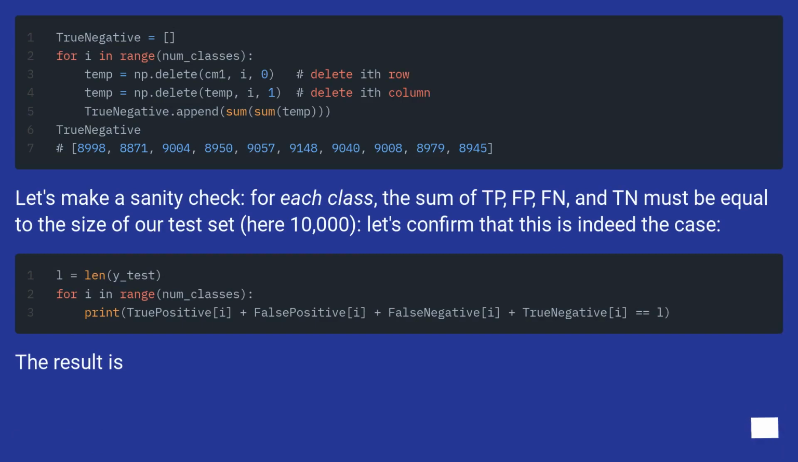Let's make a sanity check. For each class, the sum of TP, FP, FN, and TN must be equal to the size of our test set, here 10,000. Let's confirm that this is indeed the case. The result is